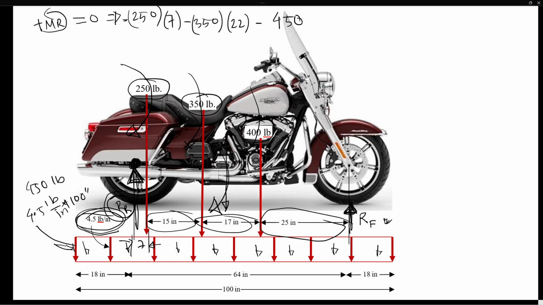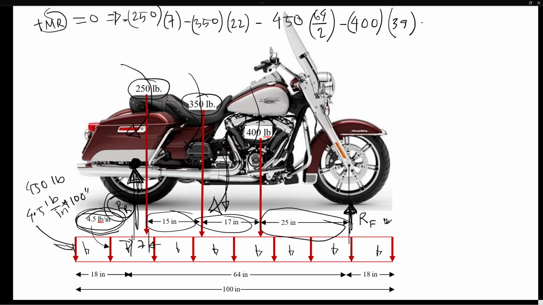So that is exactly 64 divided by 2 from the rear wheel, minus the engine moment, which will also cause a negative moment, 400 times the distance from the rear wheel, which is 7 plus 15 plus 17, which I found to be 39